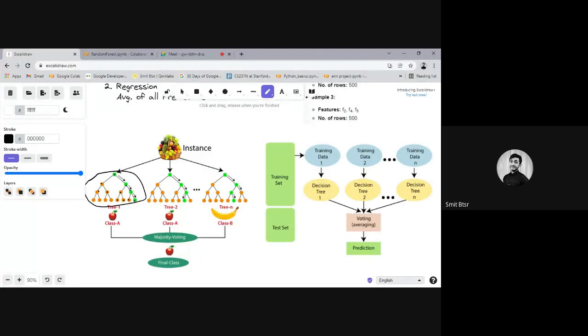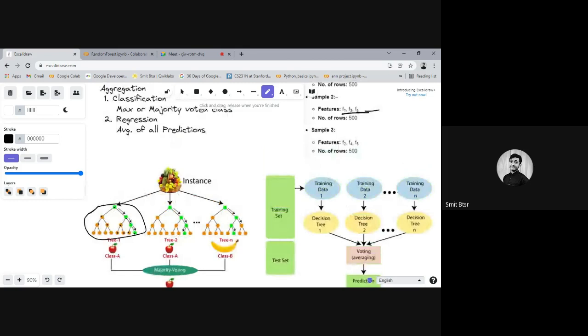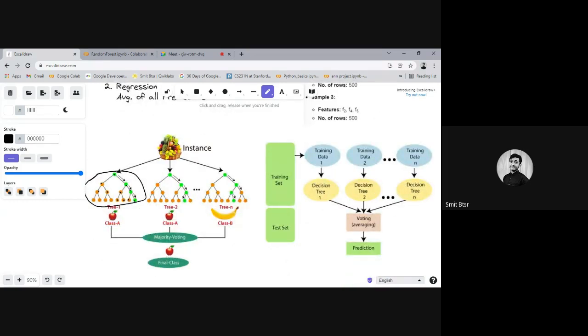We feed this input to all of those decision trees while testing, and all of them have a different perspective according to their features. They predict according to their settings, or their learnings, and their output might be different.